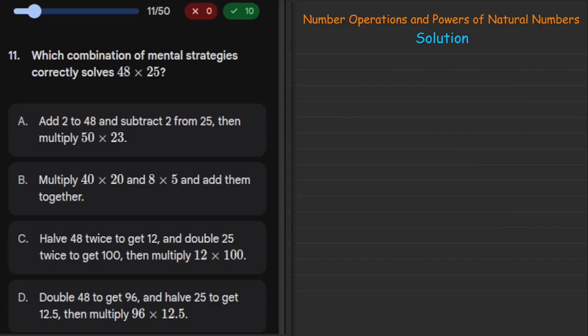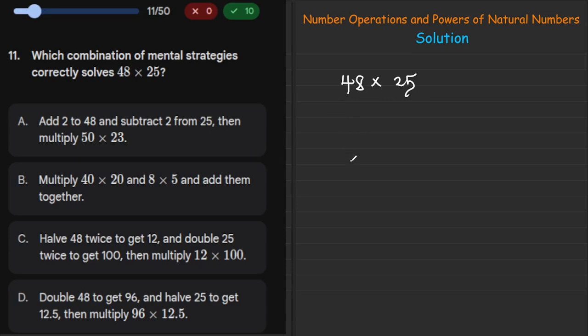So let's move to question number 11. Welcome back. If you actually took the break, that would be worth it. It says, which combination of mental strategy correctly solves 48 times 25? Looking at this just by guessing, you can even say doubling, halving and doubling will work, because the 48